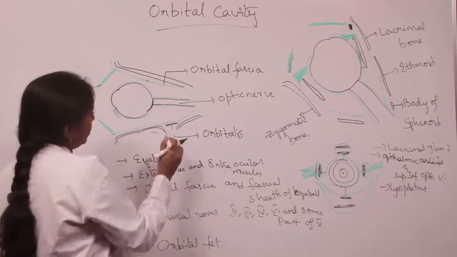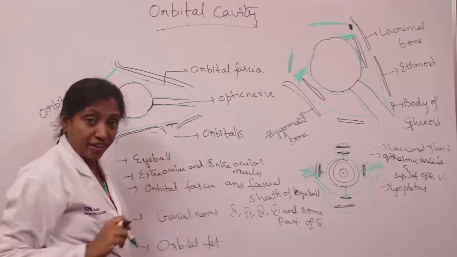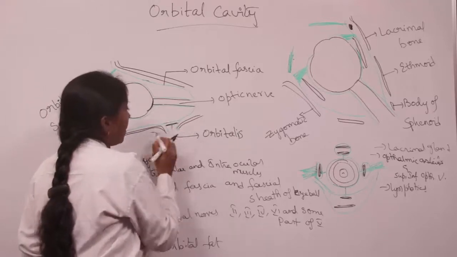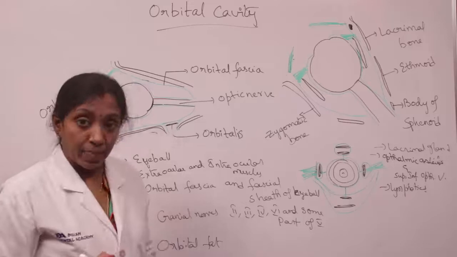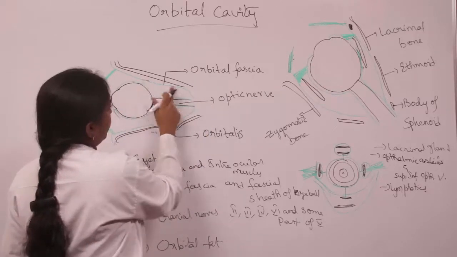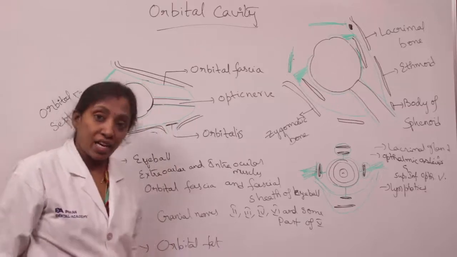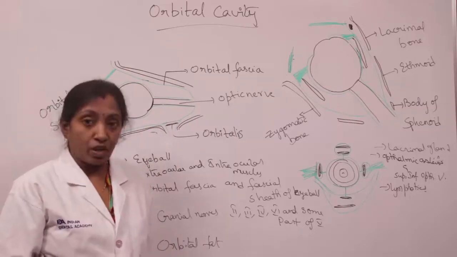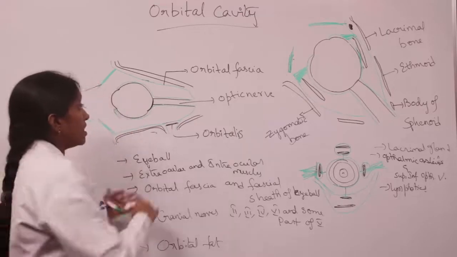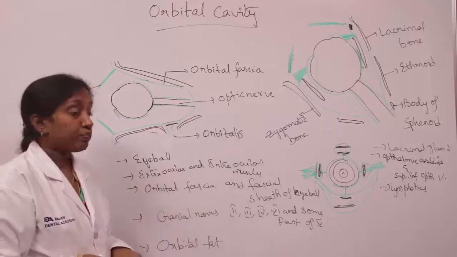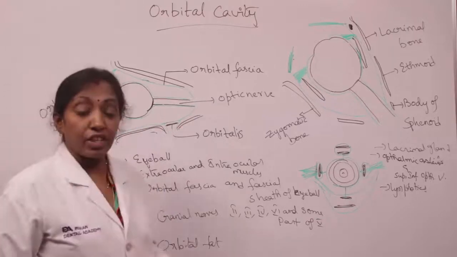And there exists a gap between the inferior orbital fissure and the orbital fascia. And here the gap is filled up by a smooth muscle called orbitalis muscle, and the orbital fascia extends backwards. The orbital fascia extends backwards and is continuous with the dura mater as well as the fascial sheath of the optic nerve, and anteriorly it is continuous